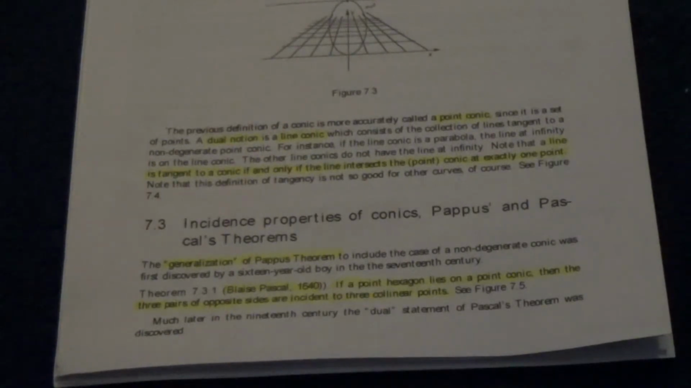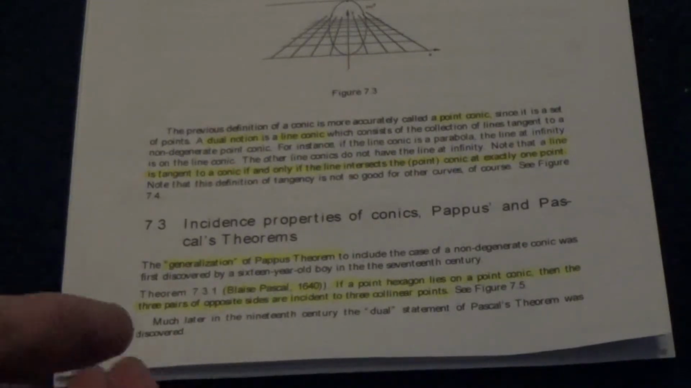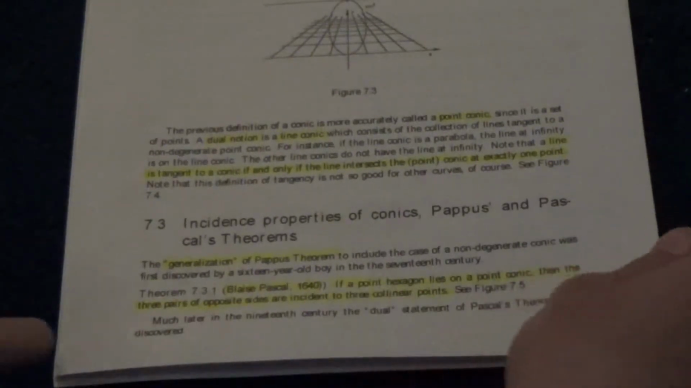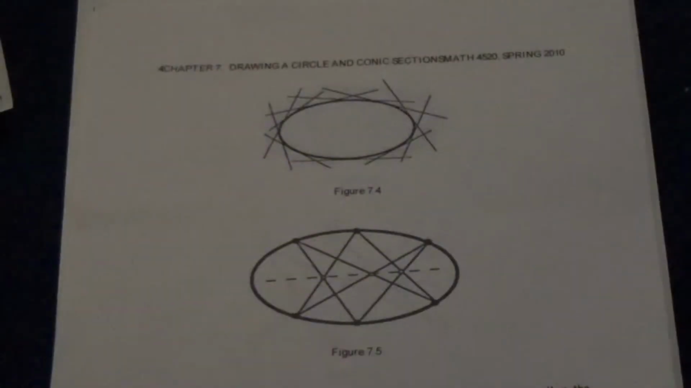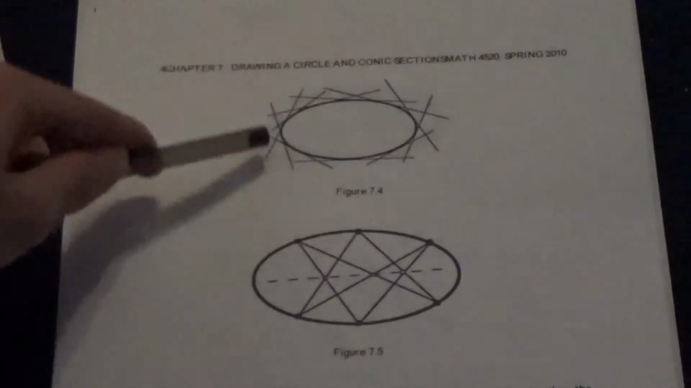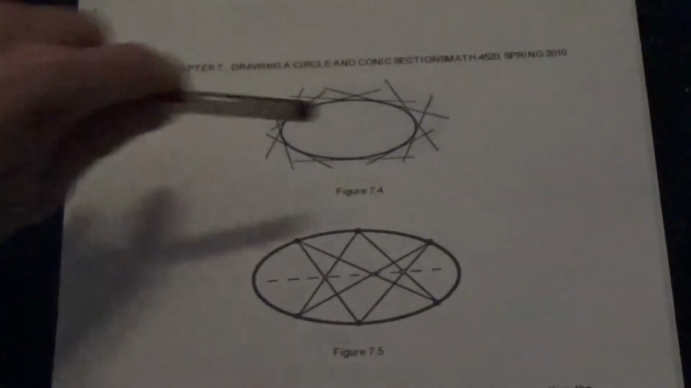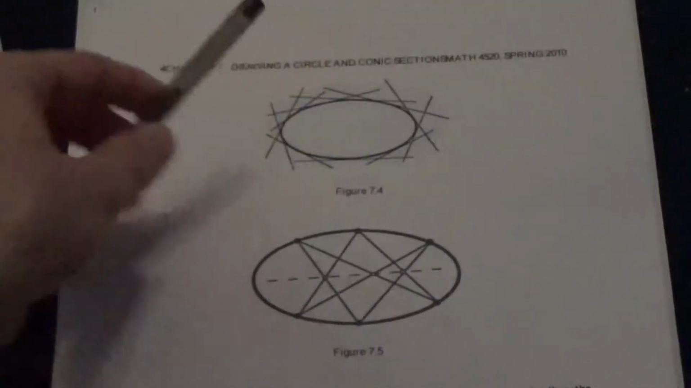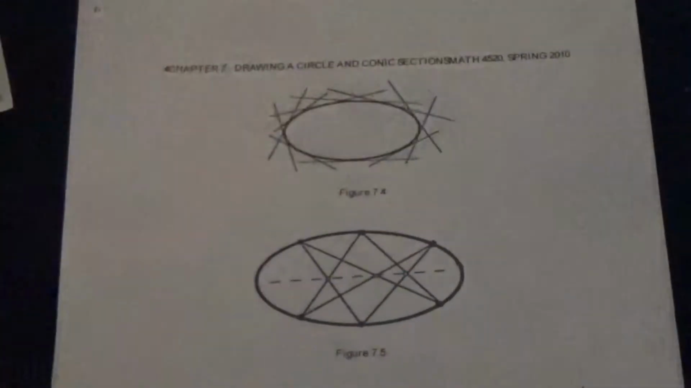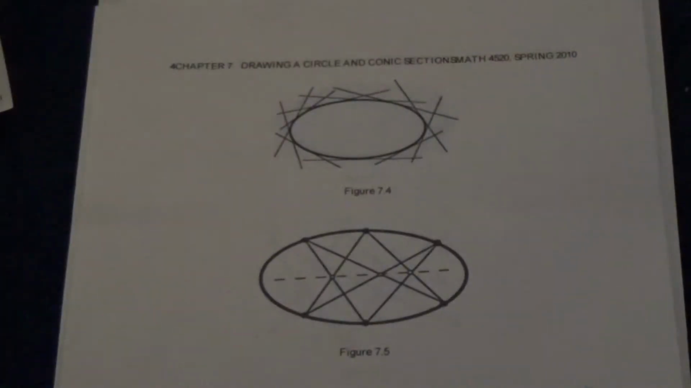So, right, again, about Pascal's theorem. We know that if we have a point hexagon lying on a point conic, then the three pairs of opposite sides are, again, incident to three collinear points. So, again, it's kind of a mouthful, but there's a figure to help us understand it. There's a graphic. So in this case, figure 7.4 is describing a line conic, a conic which is kind of bound by all these tangent lines around it, which is again interesting. But figure 7.5 is actually describing Pascal's theorem,